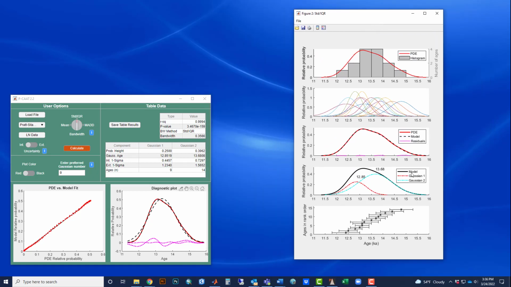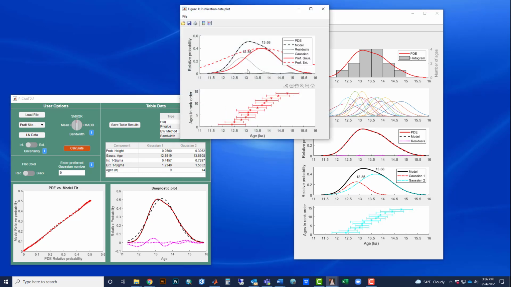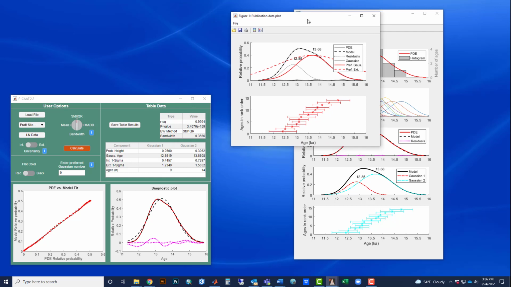Now, since this is a younger landform, not something that's old and has a lot of exhumation, young tail on it, I would pick the highest probability Gaussian. I would take that approach for anything around 30,000 years or younger. So in this case, I would pick Gaussian 2, which is the highest probability, as the best age estimate for